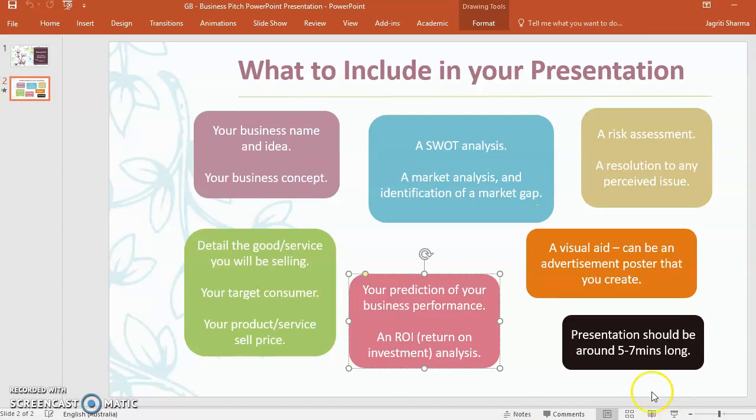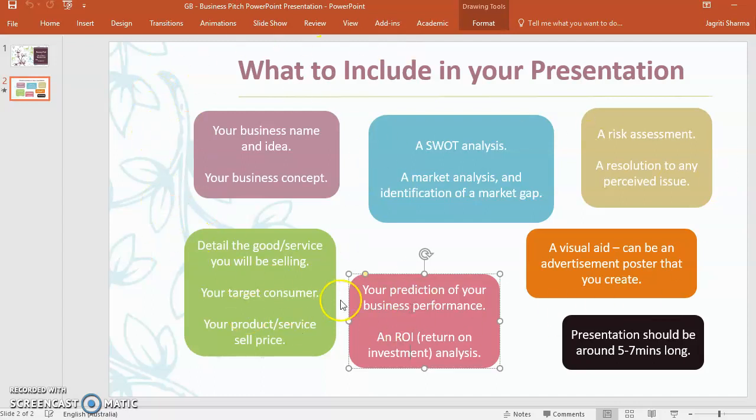Your presentation should be 5 to 7 minutes long. It shouldn't be less than that, and it shouldn't be more than that, so it should be between 5 and 7 minutes. How you need to present, I'll cover that in week 4, so that you know what kind of posture, what your tone should be, and how you need to go through the slides. That's what I'm going to cover in week 4. We are only in week 1 for term 2, so this is your task for today.